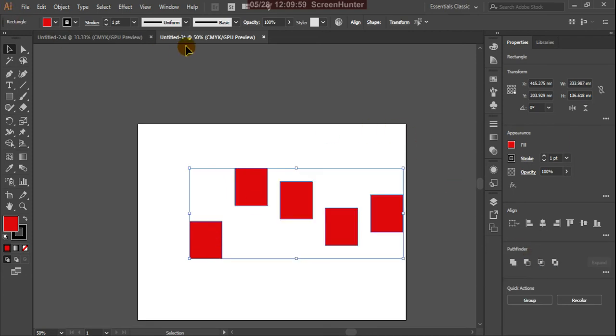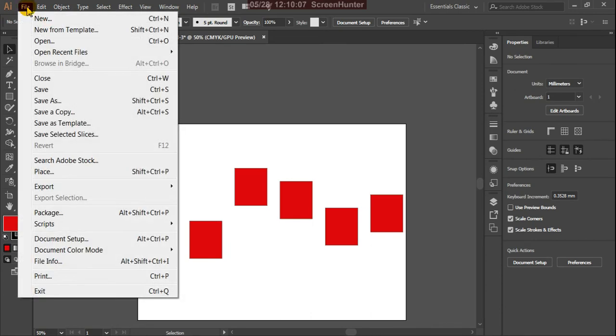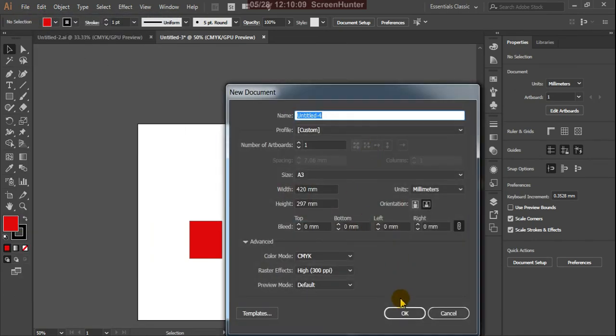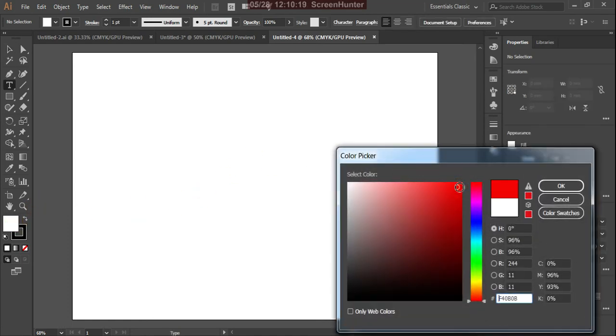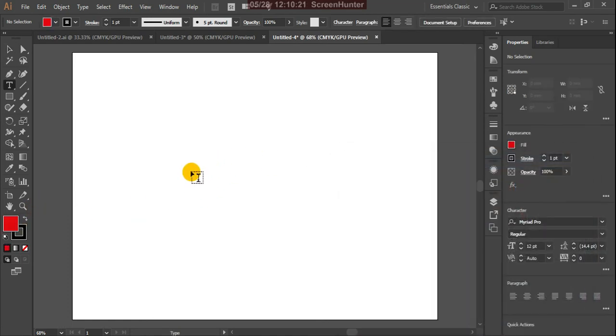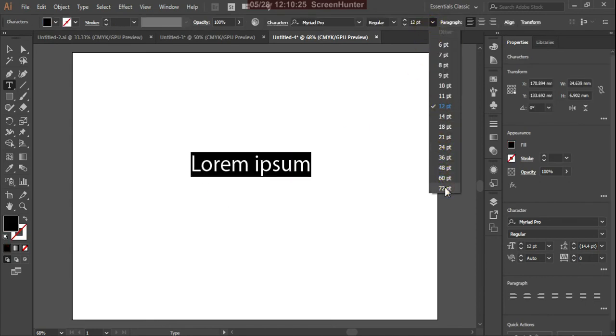Okay, now I'll explain about the file formats. Actually, the file formats are very useful. Okay, suppose for that you can make one text or whatever image you can use.